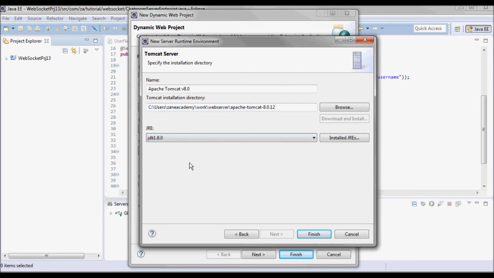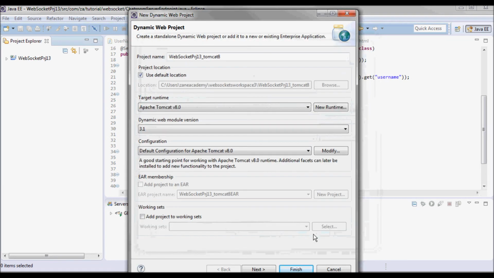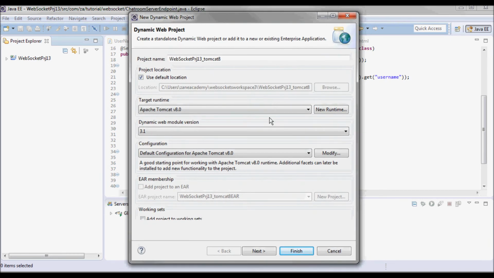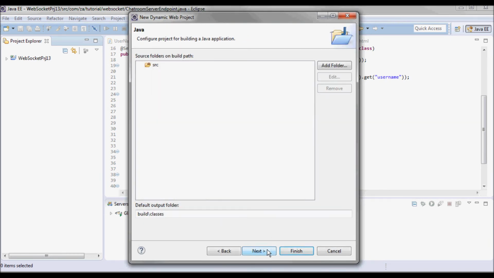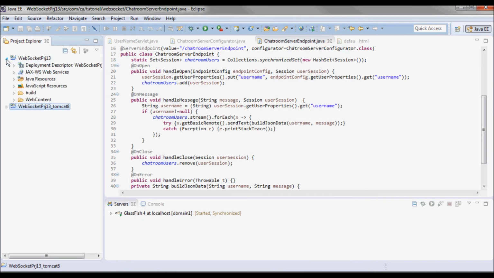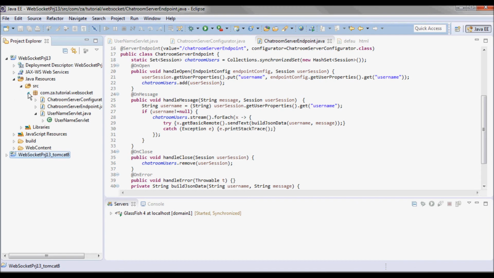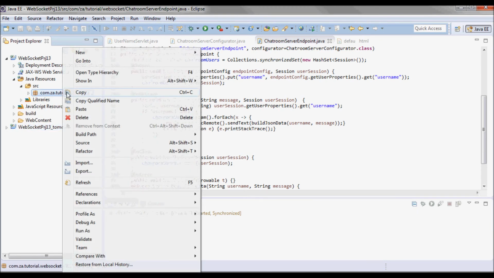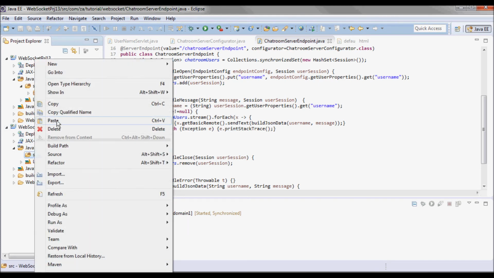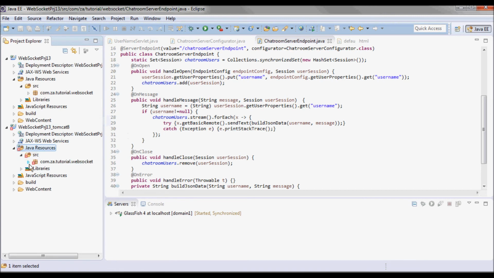And I'll be using JDK 1.8. So what I will do is copy this package with everything in it, and drop it here.